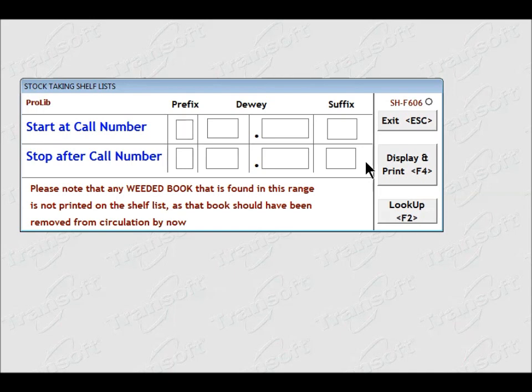So in the place where it says prefix, I press enter because I've got no prefixes in my fact books, and I type 000, enter. Notice that you do not have to type the full stop. The full stop is automatically put in for you. And then I want to start at 0001.0001,